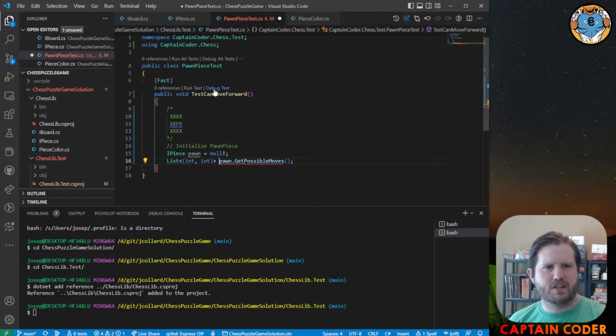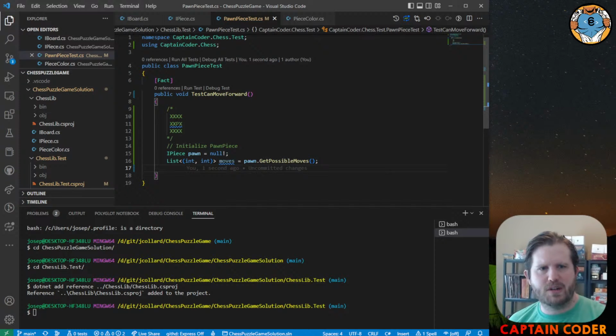And maybe I should just call this test get possible moves or something. Okay, but now I want to make some assertions, and the assertion I want to make is specifically that just this one position's in there. So I would do something like, I don't know, assert. All right, so I'm gonna Google it. I'm not 100% sure. Assert,